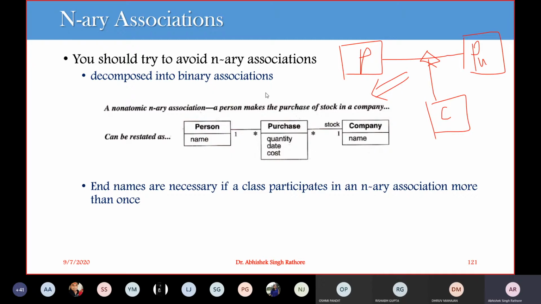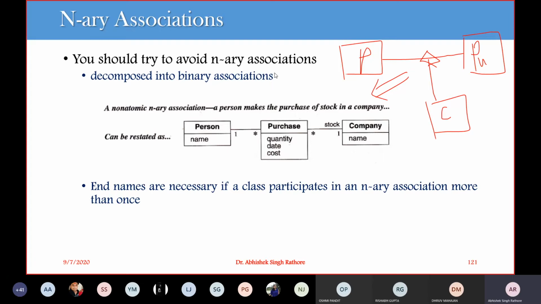Now, in addition to that, we have to add end names. This is the association end name. It can reflect that if a class participates in an association more than once, it reflects all those associations or the usage name over different classes. So this is how we can decompose our classes. This is based on your experience level.